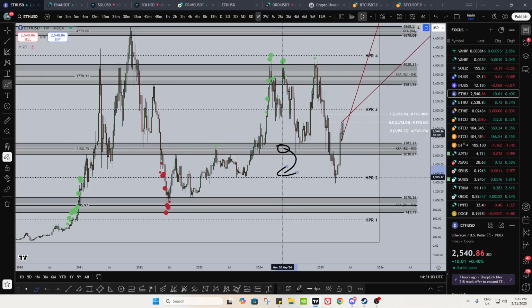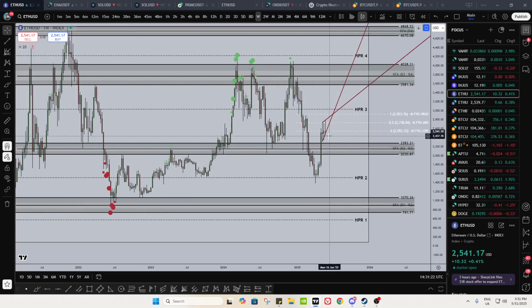If you lose historical price range mid, you're going to your next key inflection area, right? If you hold key inflection area, you're going back to historical price range mid. If you hold that as support, you're going back up to your next key inflection area. If you lose key inflection area and you hold your historical price range mid, you're going back to your key inflection area. These are all the things we learned in the third session of our core mentorships, and that's what's happened. You lost, you held, you went back up, right?